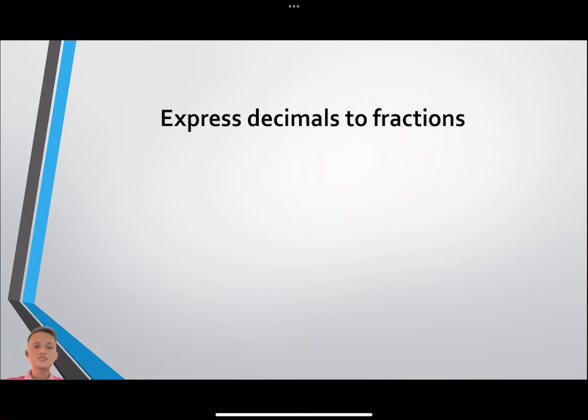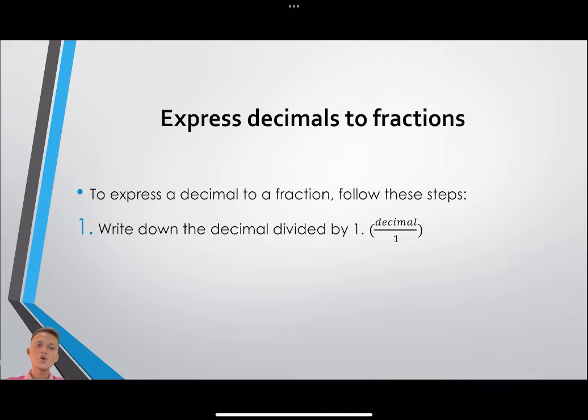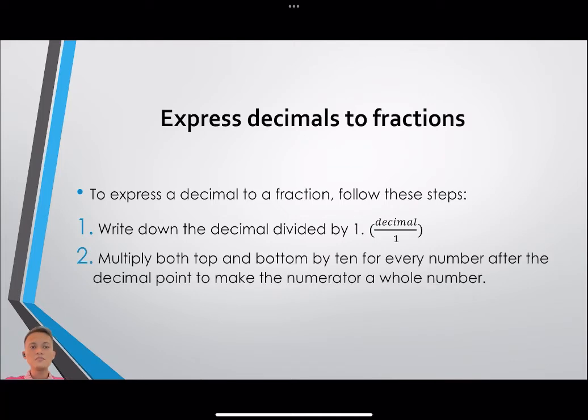Next, express decimals to fractions. To express a decimal to a fraction, we must follow these steps. First is write down the decimal divided by 1. That is the decimal over 1. Number 2 is multiply both top and bottom by 10 for every number after the decimal point to make the